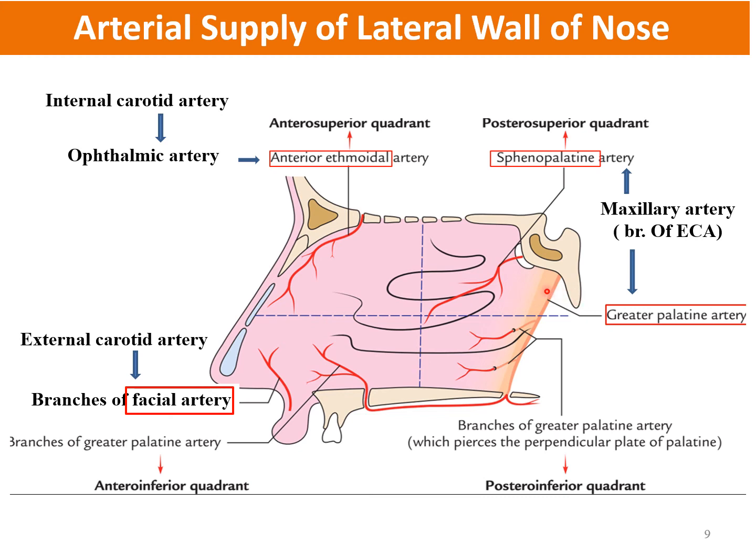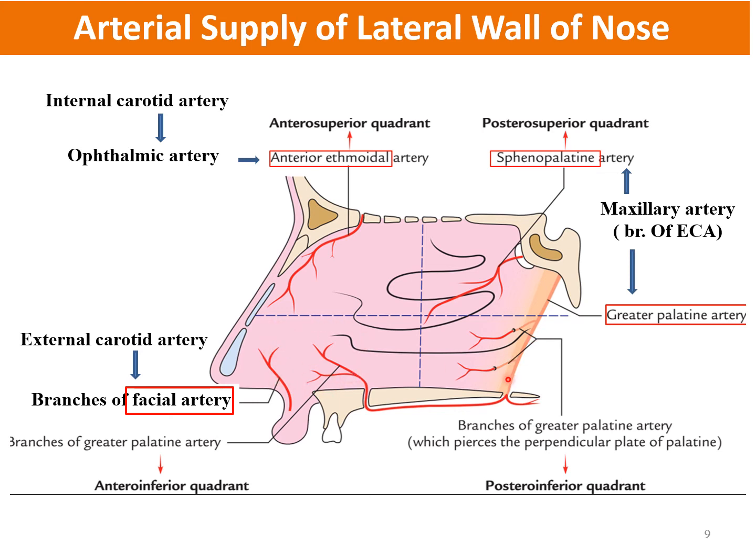And then we have another branch from the maxillary artery which is known as the greater palatine artery, because this is going to not only supply the nose but also the palate. So this runs through a canal here, the canal for the greater palatine artery and nerves, and this will also provide branches to the posterior-inferior quadrant of the lateral wall of the nasal cavity. But besides this, the greater palatine artery will now reach through the greater palatine foramen on the undersurface of the palate and then pass through the incisive canal here. You can see here, and through that it will reach also the anterior inferior quadrant.